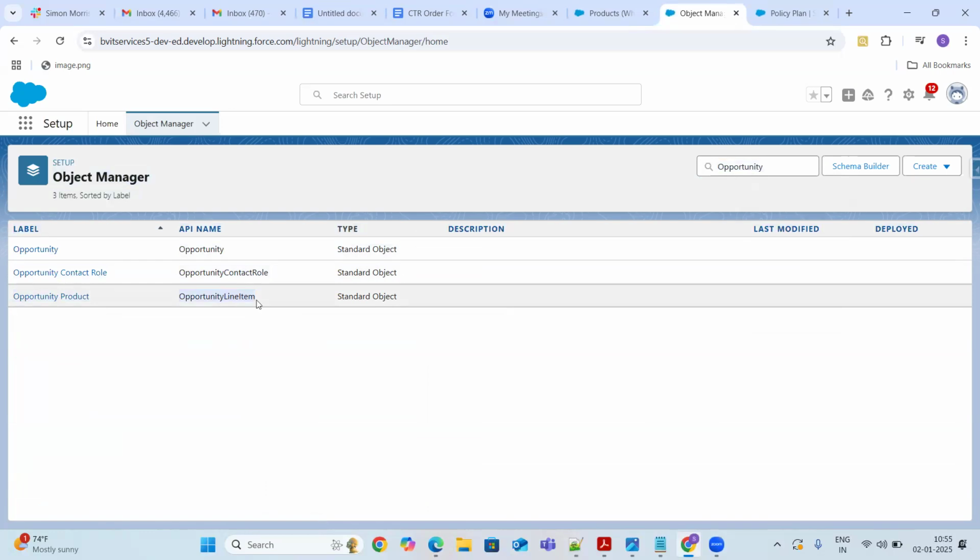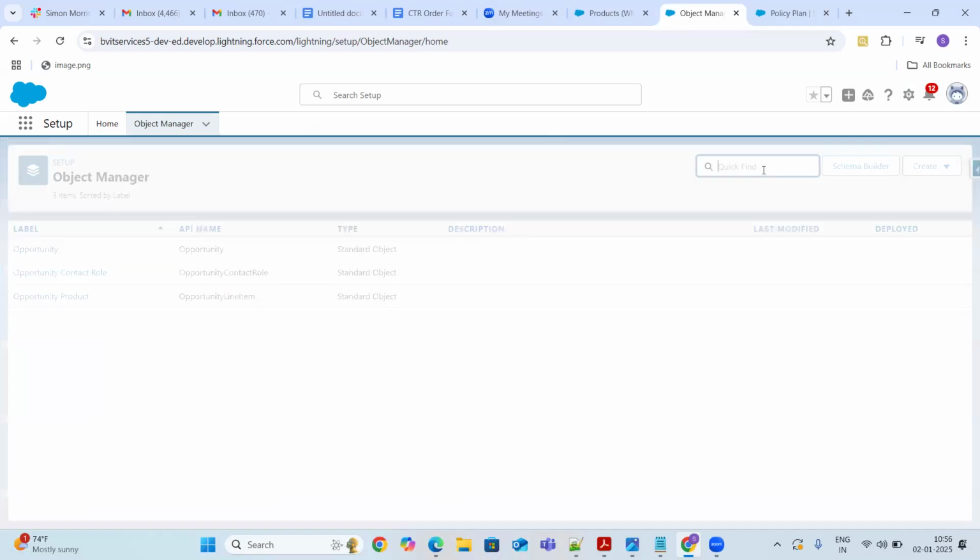This is one of the junction objects, and opportunity contact role is another junction object. One opportunity can associate to multiple contacts. One contact can be part of multiple opportunities, that is possible using opportunity contact role.